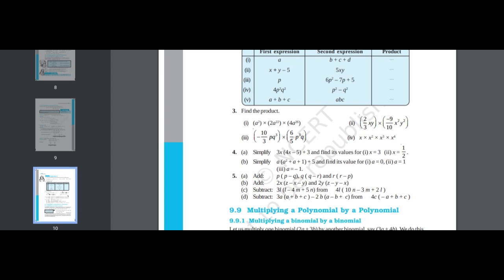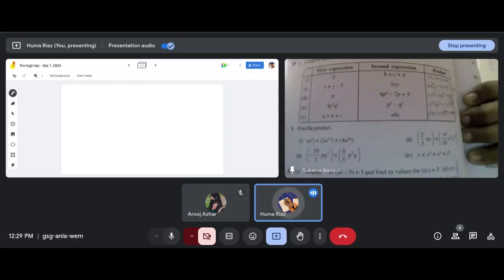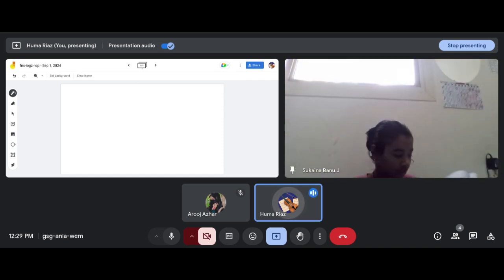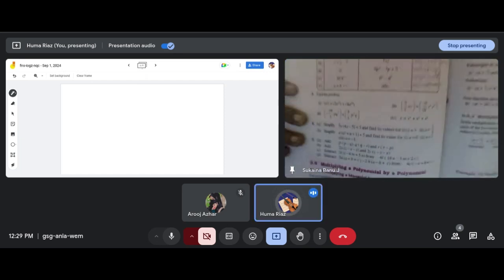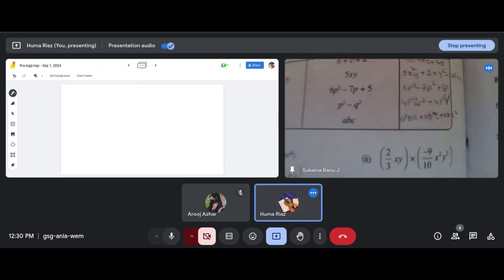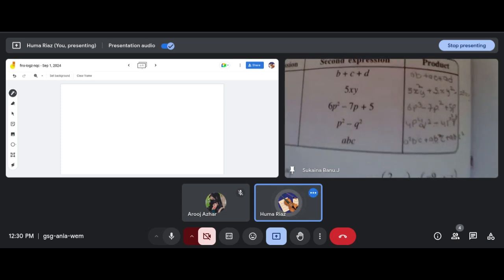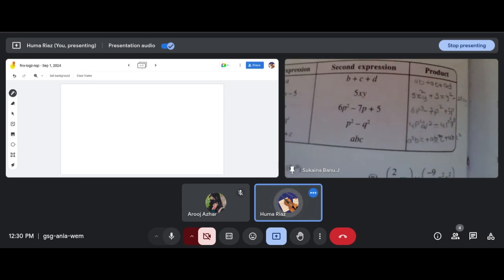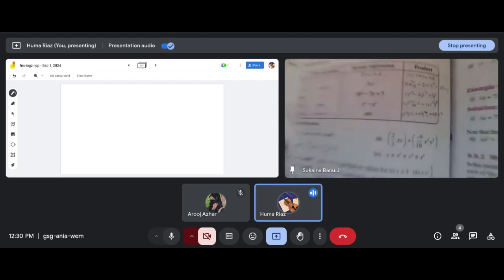Now for the third part. Move to the third part. Okay. You can complete this table, then you show it to the screen. The table, you have done with this. Okay, the answer is the first one. Little bit closer. Okay. 6p cube minus 7p square plus 5p, correct. 4p, 4q square, 4p square, okay, correct. A square b c, a b square, a b, correct. All of them are correct. Very good, very good.